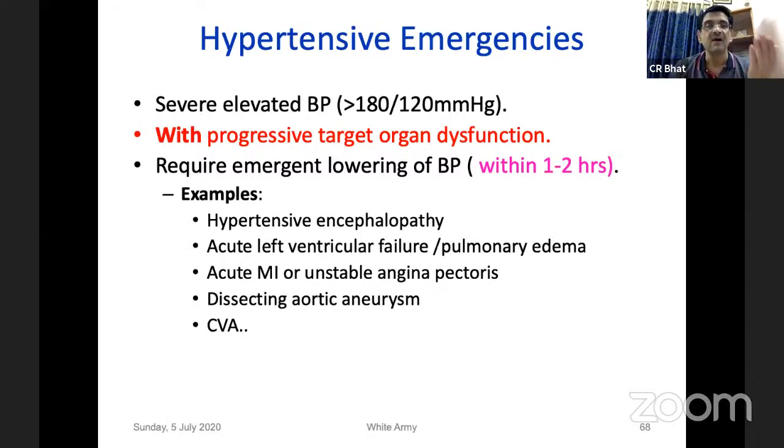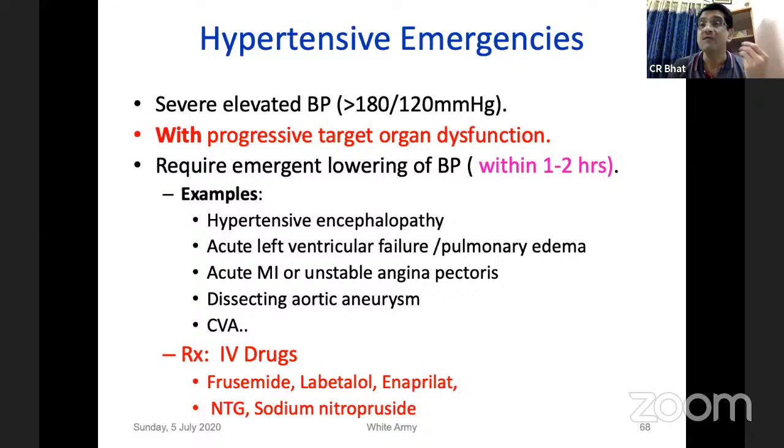Hypertensive encephalopathy or acute left ventricular failure with pulmonary edema, myocardial infarction, unstable angina, such conditions. Okay. In such conditions, we need to use intravenous drugs to lower the blood pressure, like intravenous furosemide, labetalol, enalaprilat, nitroglycerin, or sodium nitroprusside. The various drugs have to be used. Now, I'm not going into the details of the treatment of hypertensive emergency, but in a nutshell,